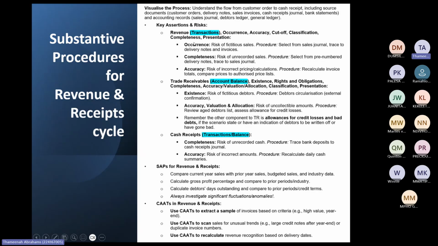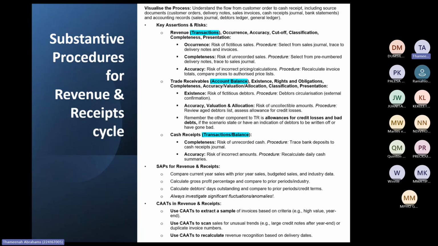So now the key is, like I said, you'll have revenue. When you capture the sale, you'll credit revenue and you'll either debit trade receivables or debit cash and cash equivalents. Remember, guys, the other leg to trade receivables is allowance for credit losses and bad debts. I think we did discuss this on Friday, if I'm not mistaken, or was it on Sunday? I can't remember. But whenever you have trade receivables, you must know that there is a big chance that your debtor might not pay you, or might not pay your audit client.